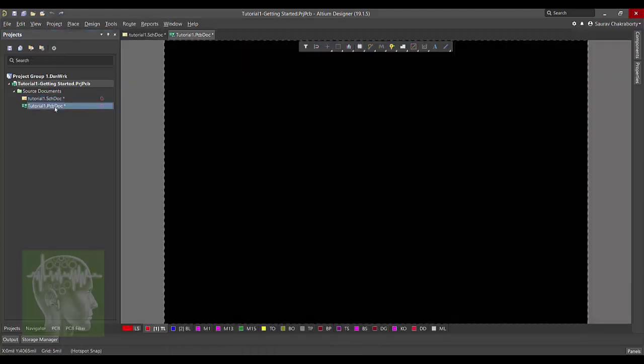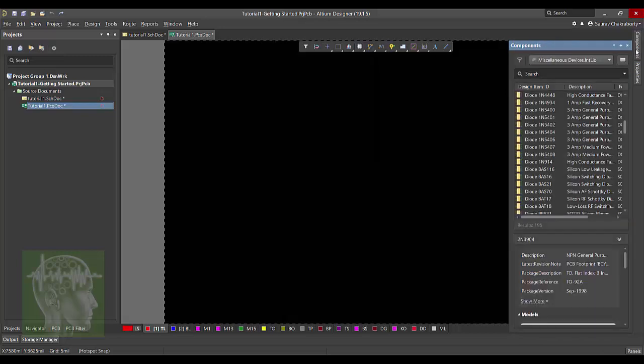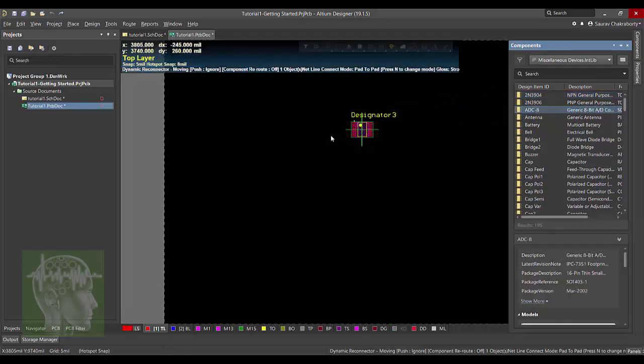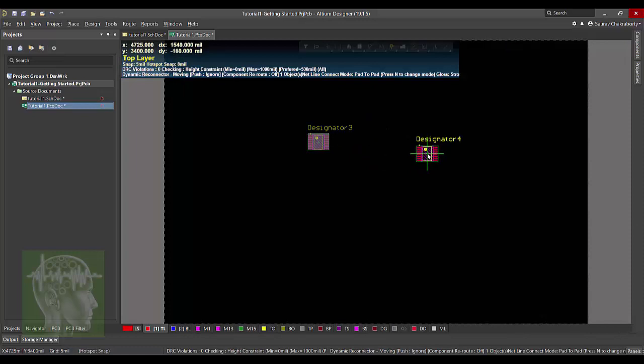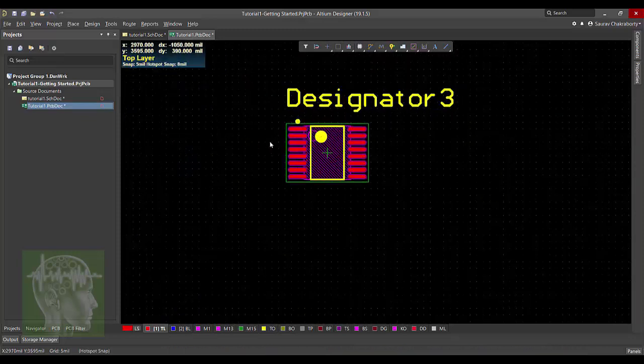Now if you get it like that, it is very easy for you to create a schematic. Similarly, if you go to PCB, you can see the properties and here there are multiple options you will get. We'll discuss all those things later and you'll have the component. There you'll get a library, especially the footprints of multiple devices. Like suppose I am going to select 8-bit ADC. So see, I can easily click and keep it on the design section. See, this is the IC, all the pads automatically got created. This is very, very useful.